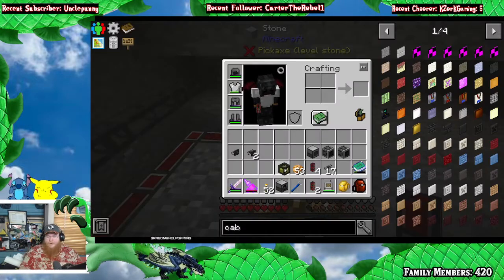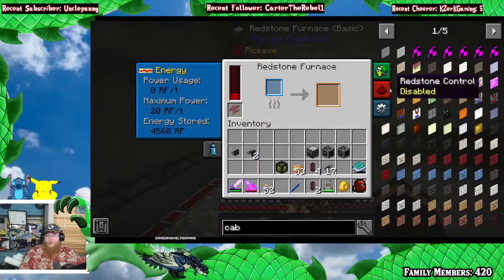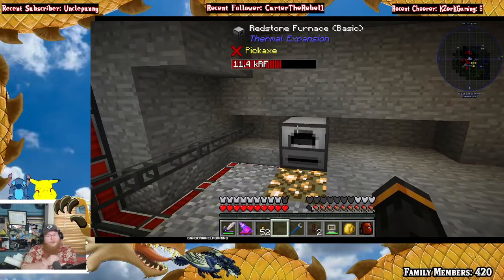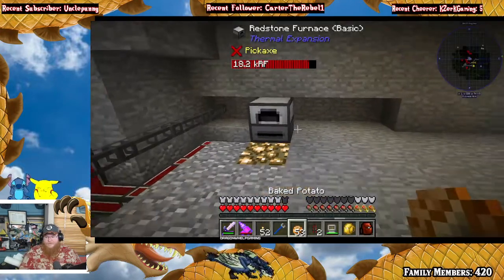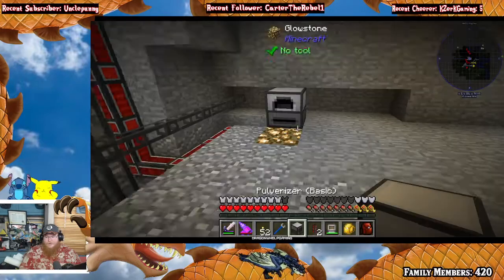And then we'll ultimately make these more and more powerful as we get the resources. But we just got to get the automation up and running first. That is the main important thing. It's getting the automation up. So I want to make sure that there is a